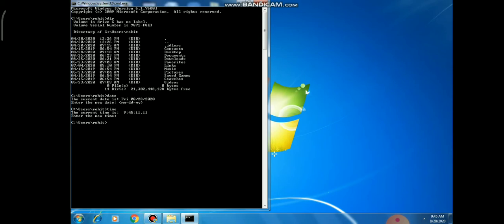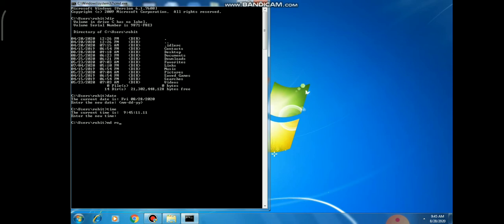Now we are covering our next command. Our next command is cd, that is the change directory command. As the name indicates, cd stands for change directory. So what is change directory?